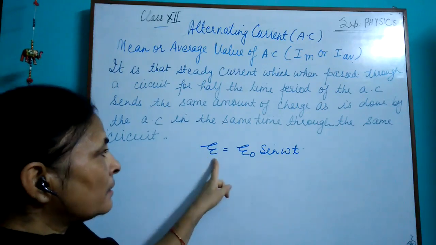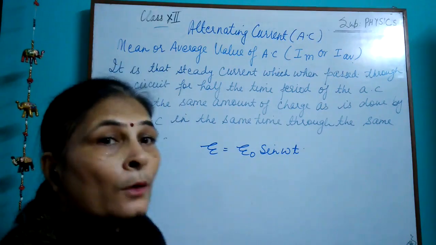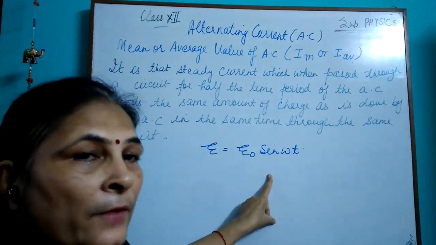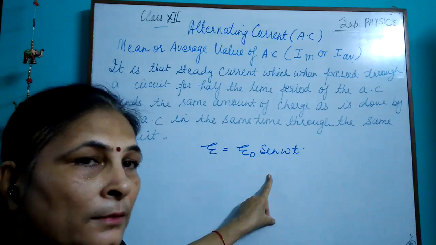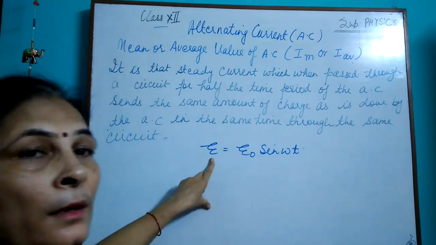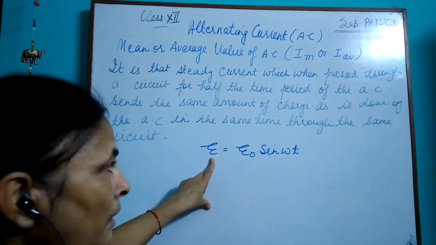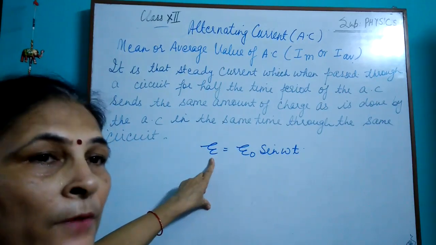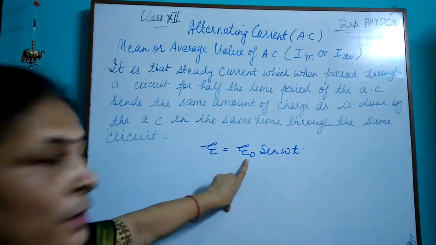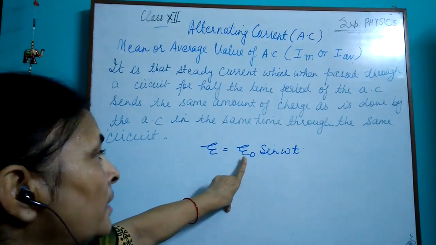That means induced EMF is varying according to what? According to the sine wave. So it is going to first increase. Now the maximum value of sine omega t is 1 and minimum is -1. So the value of E is going to vary between +1 and -1. Since in normal routine the maximum and minimum values are not +1 and -1, they can be any other digits, and therefore we have a term maximum value, that is E naught.